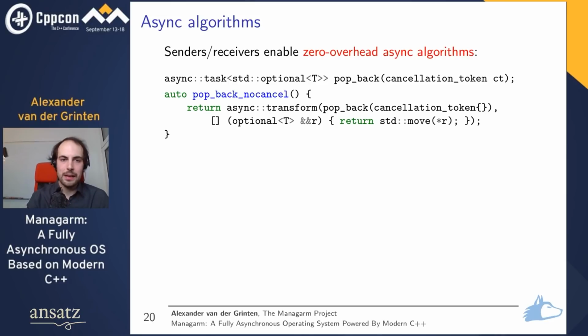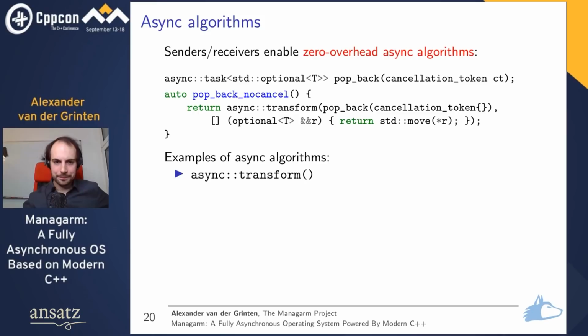So if we go back to the example of the non-cancelable popback, what we can do now is write a generic algorithm, let's call it async transform. It takes another async operation. The result of popback, of the cancelable popback, is an async operation, and it just applies the function to its result. So we take the optional t and we move out the value. And that's equivalent to the code that I've shown before, only that it uses an async algorithm, namely async transform,